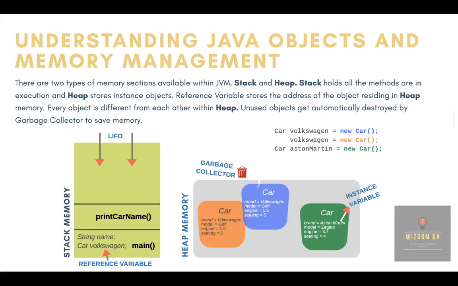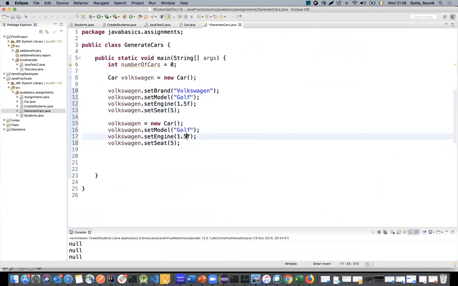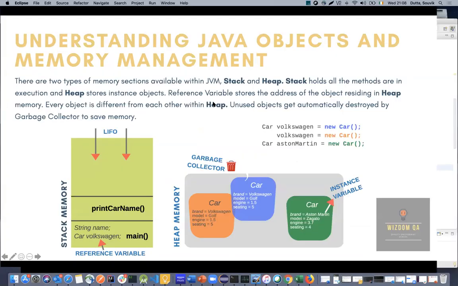What happens is this. I created Volkswagen equals new car. As soon as I did that, the orange object got created. For example, you can think that you have entered some value there, in the same method. And here I'm giving some other information, maybe 1.6, maybe 6 seating capacity. I just did that. Now what happened with this situation is,